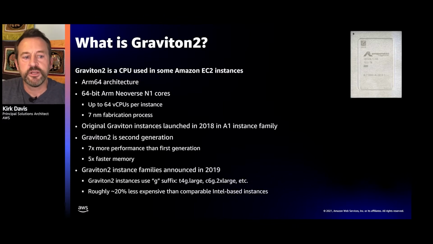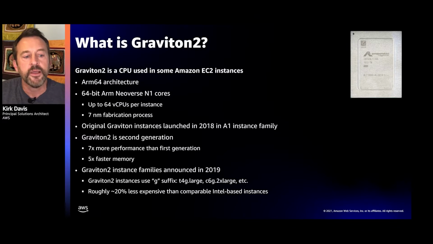The Graviton2 powered instances, they use the new naming scheme. So there's a G appended to the end of the base name. So there's a T4G.xlarge or an M6G.2xlarge. The G is for Graviton. The same thing we did for AMD processors where there's an A. So if you see a T3A, that's going to be an AMD powered instance. And we actually have moved to that also with the new Intel powered instances too. So for instance, in August, we launched the M6 series based on Intel processors. So those are M6i.2xlarge and